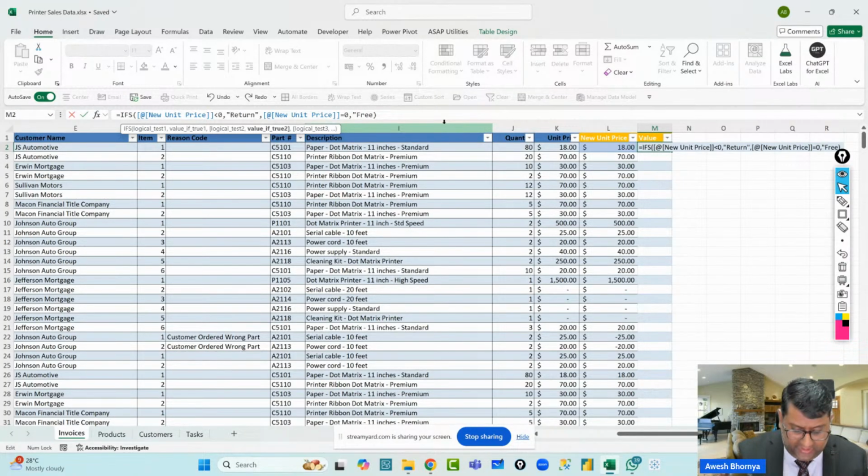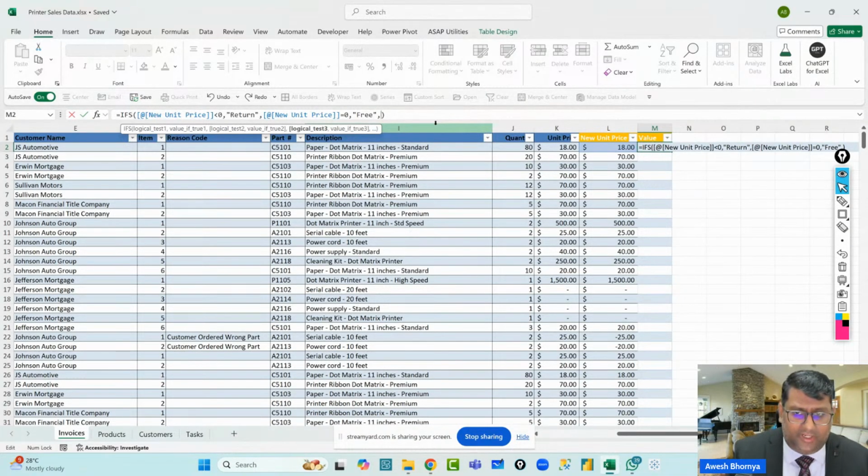What does this free indicate? That the product was offered completely for free because it was a product that comes along with the main product. Okay, like for example, the printer cable, etc., that could be treated as free products. Then I put a comma again. Now I'm writing my formula in the formula bar. That's why I have to specify commas to separate the main arguments of the function.